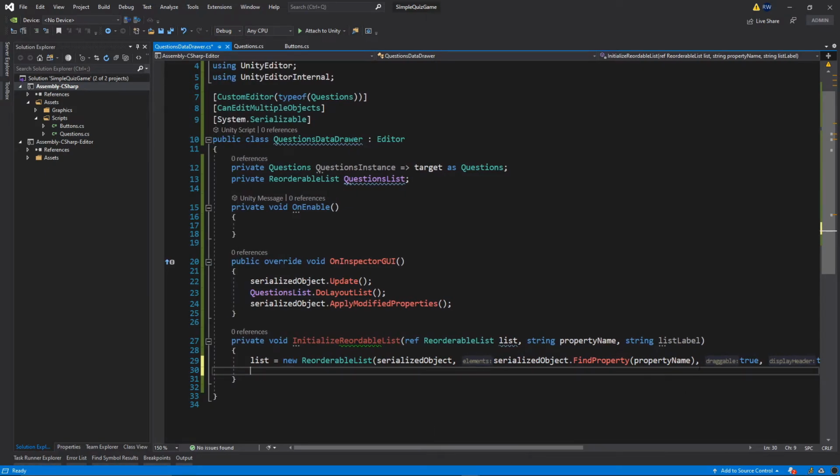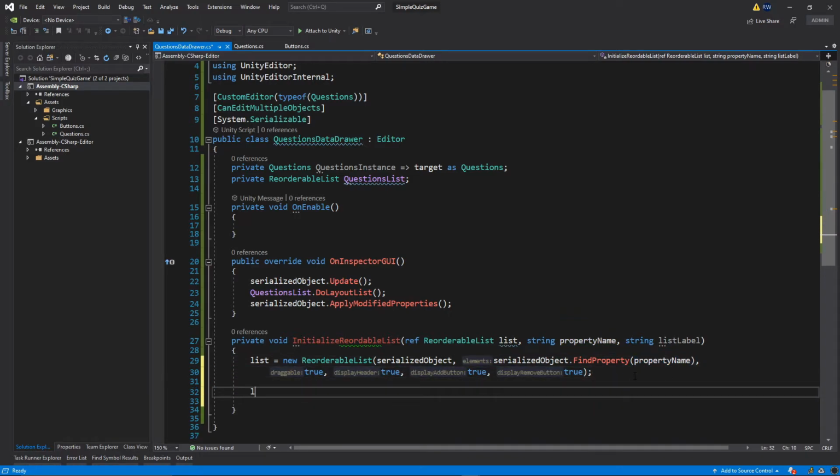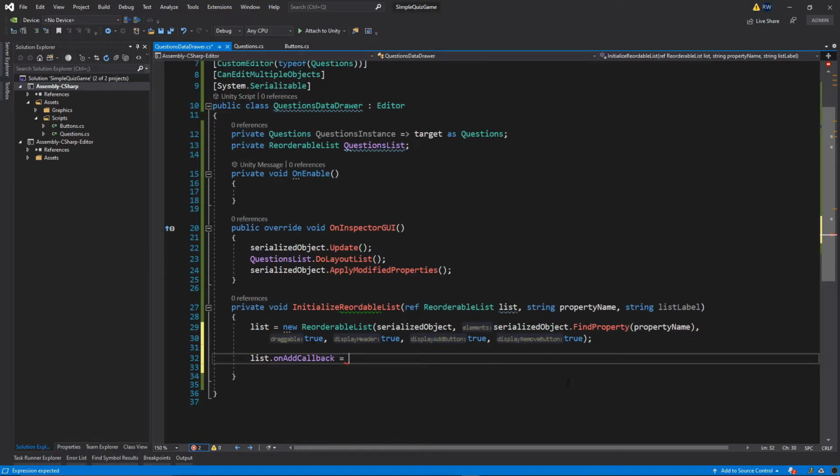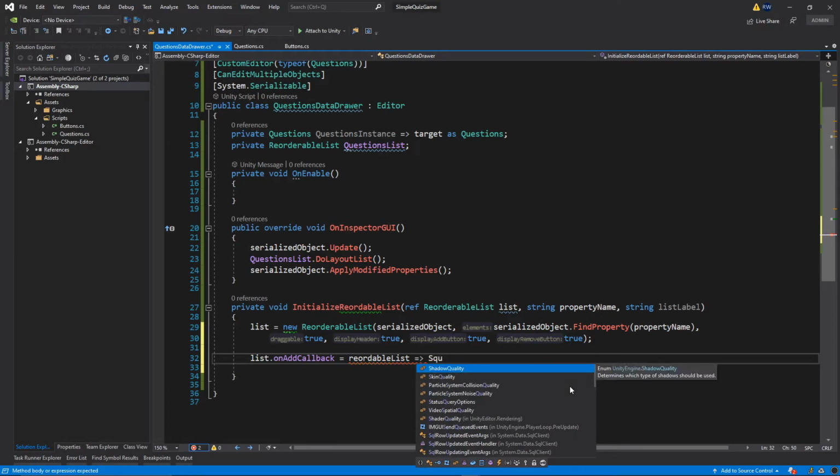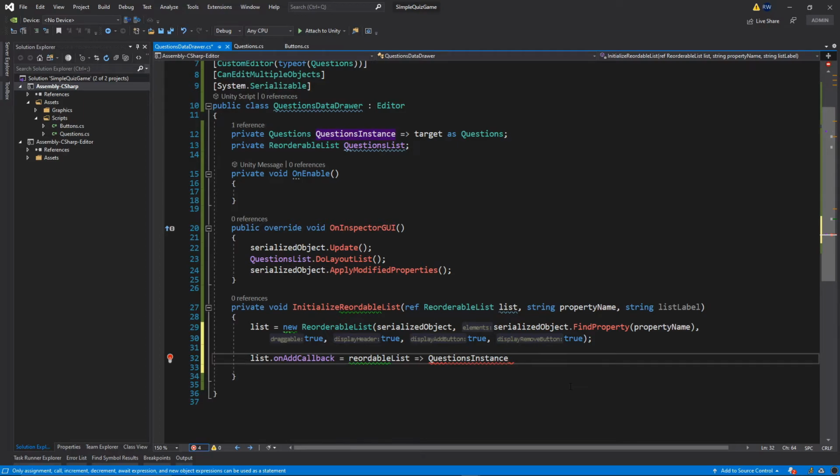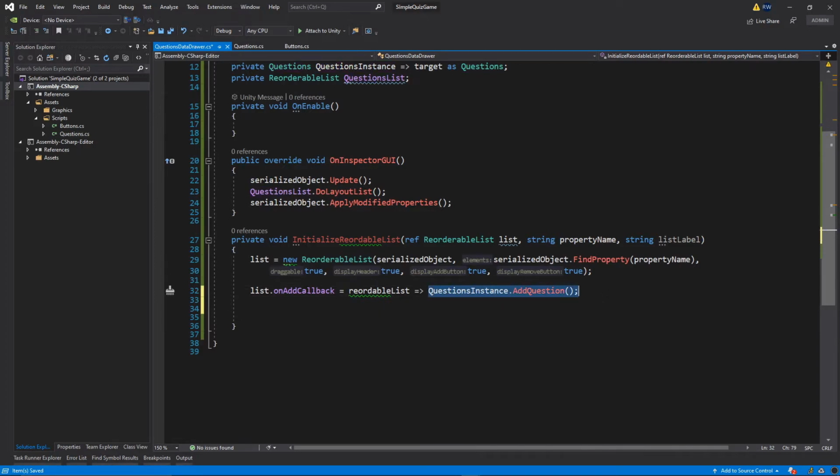Okay, so let me just move all of this to the next line, and then right below I will put list.add callback will be equal to, and I will just put the lambda function which will be reorderable list, and let's put this parameter, question instance, dot add question. Okay, so this function will be called every time we press the plus button, and then